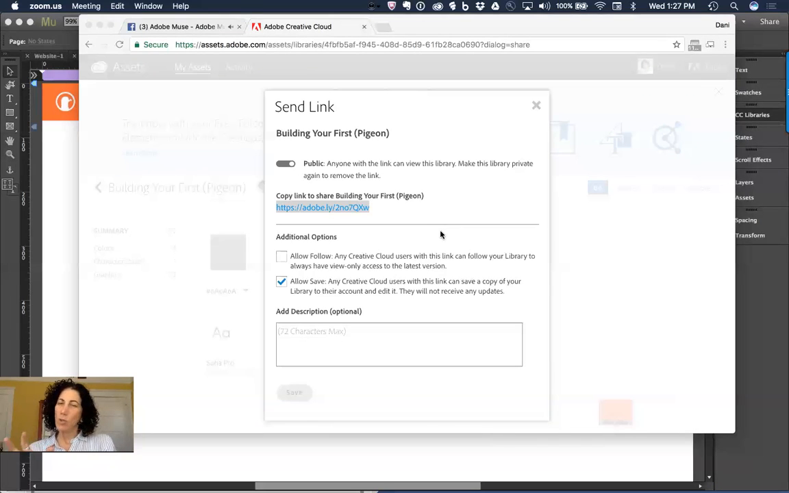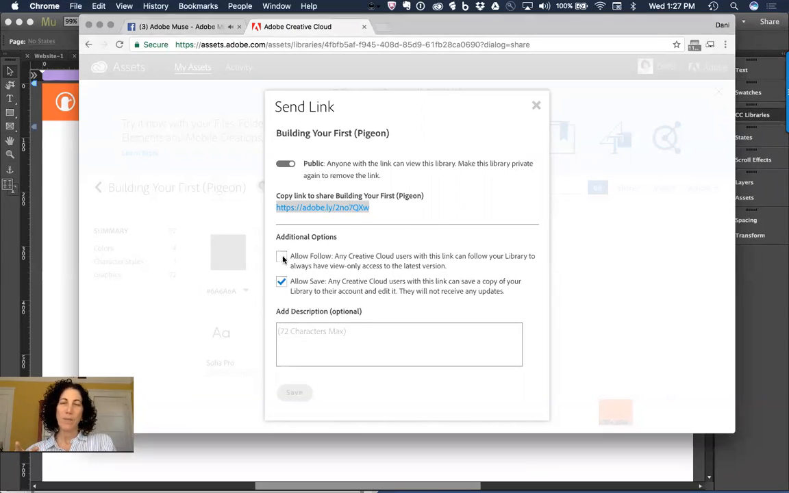Now I need to control a little bit about what I've just allowed people to get to there. Notice that I can allow them to follow and allow them to save. So when I say follow, I'll go ahead and save that out. This is fine. Follow says that if a week from now I realize I made a mistake, I can come back to that library directly in Muse. I don't need to come to this web interface in any way. I can make changes, and that will automatically update the library